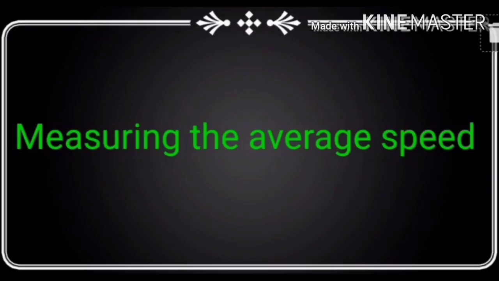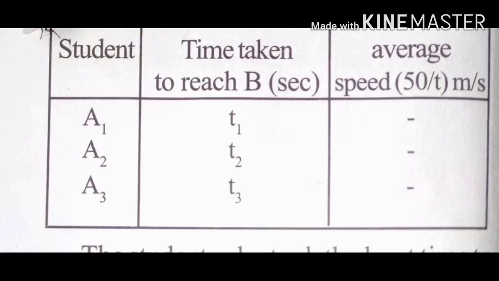Ask some students to stand at point A. Ask another group of students with stopwatches to stand at B. When you clap your hand, the students at A start running towards the point B in any path. At the same time, the students at B start their stopwatches. See that for each runner, there is a student at B to measure the time taken for completing the race. Note the time taken by each student to cover the distance between the points A and B in the table given below. Observe the given table.